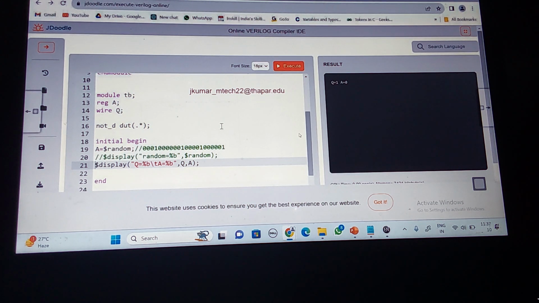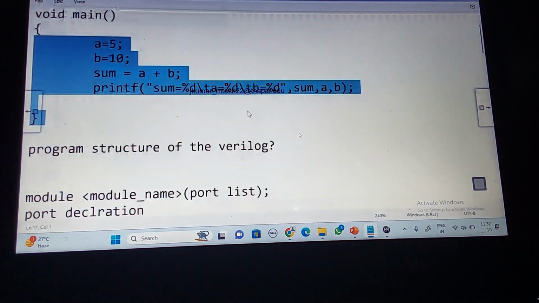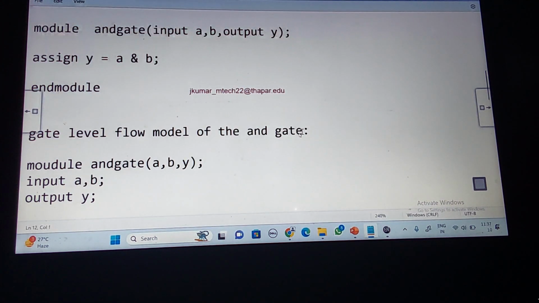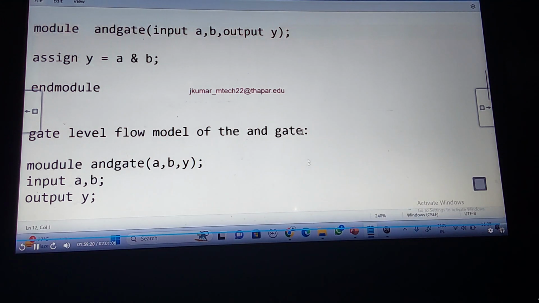Let us go through the programs we wrote today: data flow, behavioral, then switch level and gate level. We'll execute them tomorrow. Then tomorrow, let us begin with the lexical conventions of Verilog programming. When you are writing Verilog, what conventions do you need to follow, what rules are there, how to identify keywords, and the format it specifies. We'll start with this.